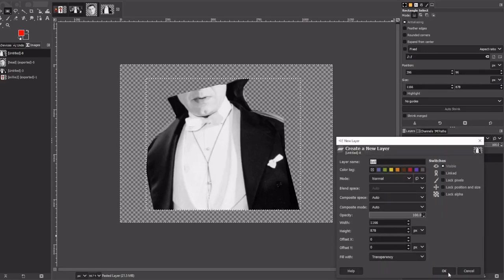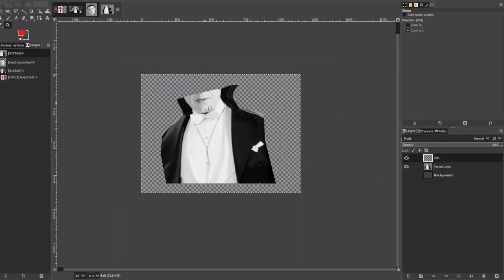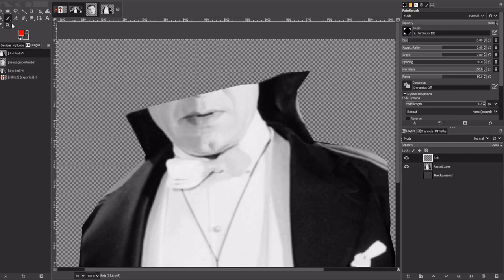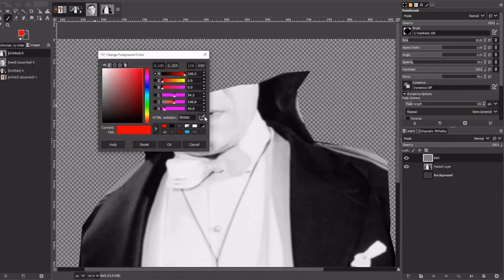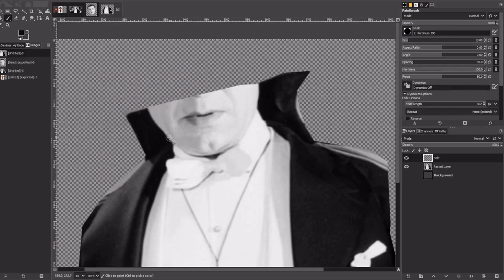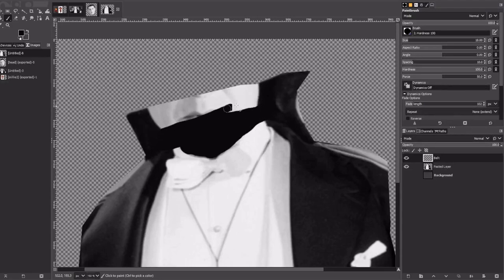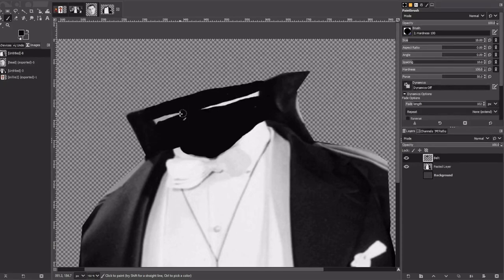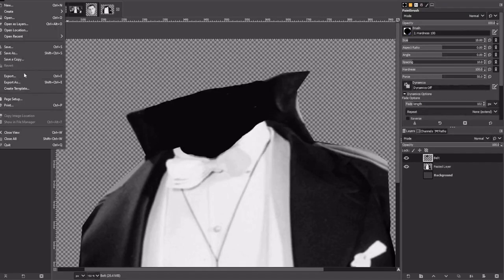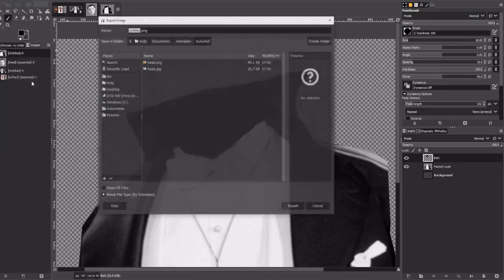I'm going to add a new layer here. And what I am going to do is take the paint tool and select the black here, and basically cut out his head and just make it black so it'll look better when it's animated. Okay. So there's the body. And I'm going to export as